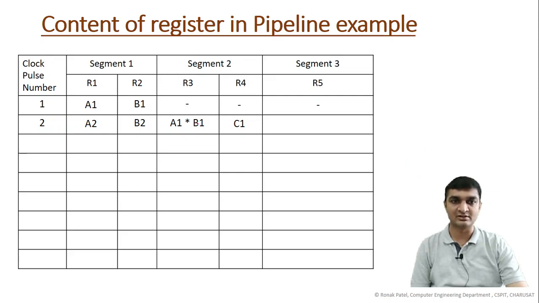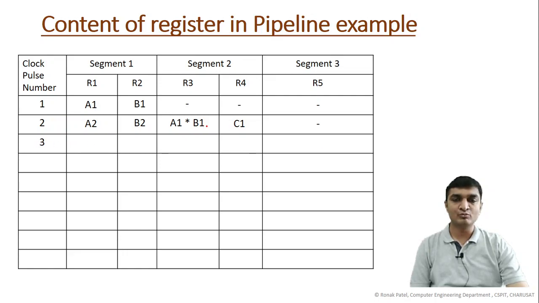This will go sequentially, but now you can see the first clock a1 b1 is loaded into r1 and r2. In the second clock pulse, this multiplication will take place, a1 into b1, and c1 will be loaded into r4, right, and at the same time, at the same clock pulse, a2 and b2 will be loaded into r1 and r2. Now in the third clock pulse,